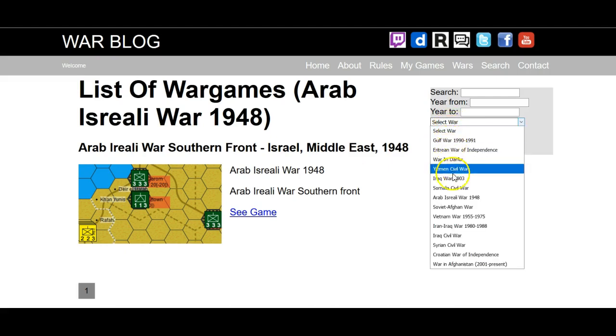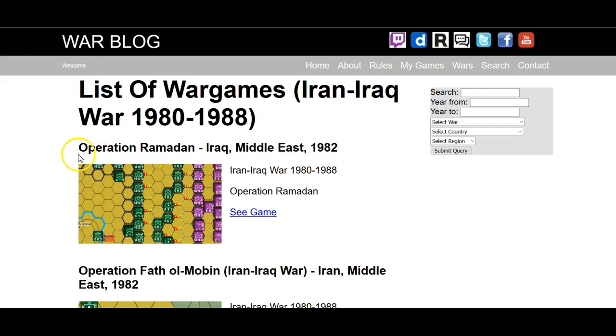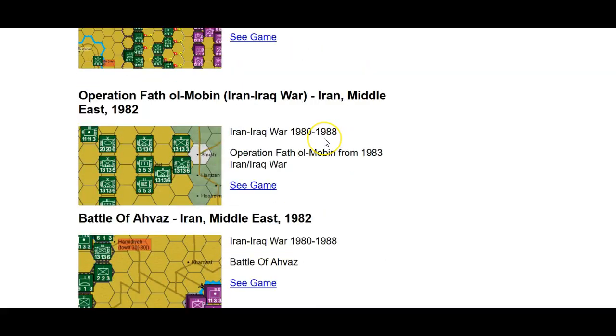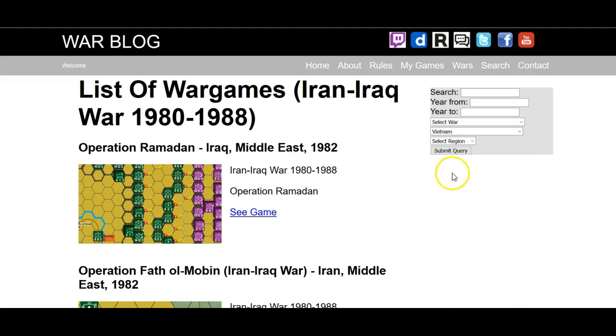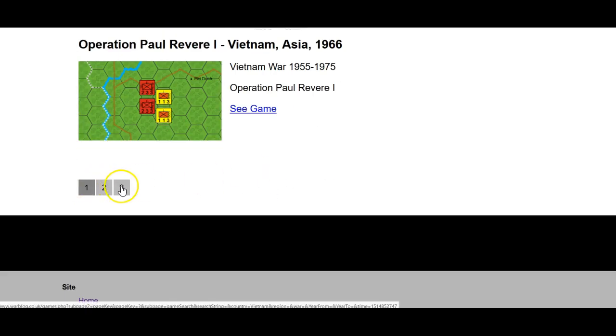Let's look at another one where I know I've got pretty much everything that exists, the Iran-Iraq War 1980 to 88. So again, you can see here that there are quite a few scenarios from that war. So you can go through and look at particular campaigns, and then you can look at them in their temporal perspective, etc. If I click Vietnam as a country, which is also another option, I should probably get quite a lot. So what you can see here is that there are over 20 Vietnam games,